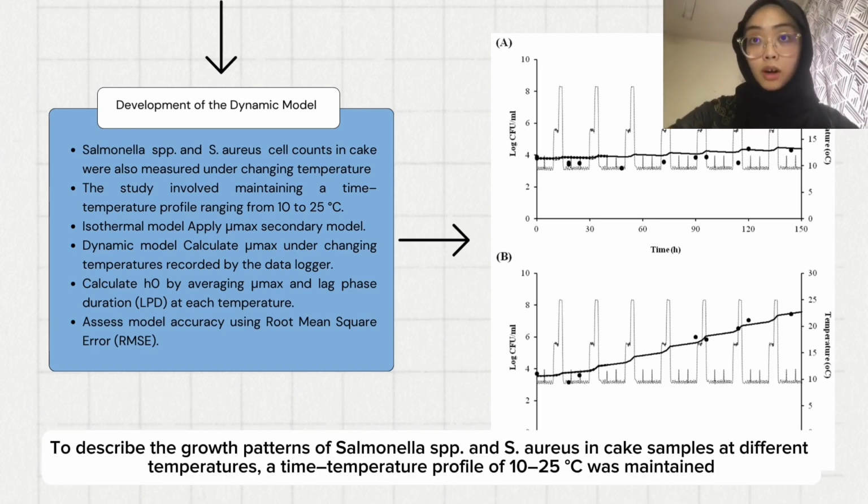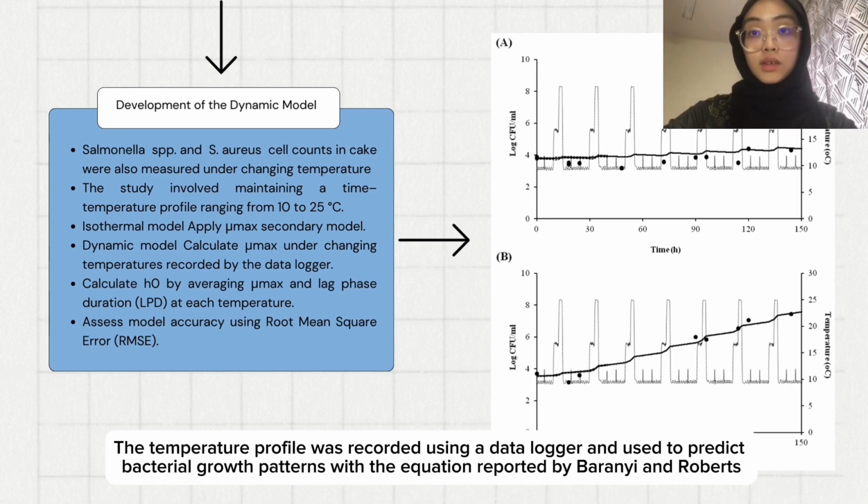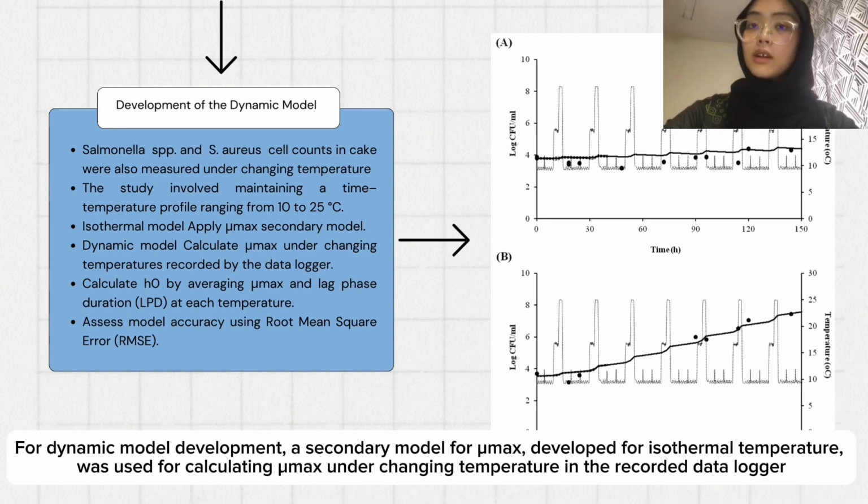To describe growth patterns of Salmonella species and S. aureus in the cake sample at different temperatures, a time temperature profile of 10 to 25 Celsius was maintained using a programmable refrigerated incubator, and Salmonella species and S. aureus cell counts in cake were also measured under changing temperature. The temperature profile was recorded using a data logger and used to predict the bacterial growth patterns with the equation reported by Baranyi. For dynamic model development, a secondary model for Umax developed for isothermal temperature was used